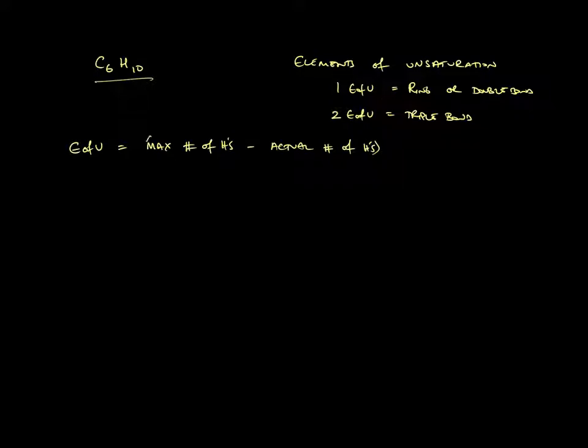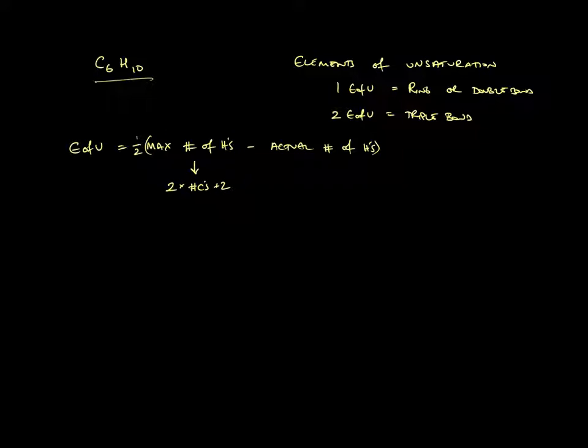And all of that divided by 2, or multiplied by 1/2. So, for instance, with C6H10, the actual number of hydrogens is 10. But to get the max number of hydrogens, the maximum number of hydrogens in any alkane or oxygen, carbon, and hydrogen containing molecule is going to be 2 times the number of carbons